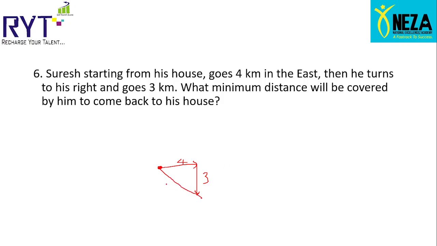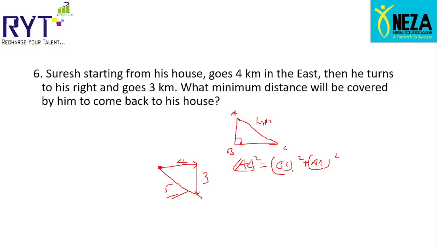We know from Pythagoras theorem, this is going to be 5. How is it? Let me just explain you. If you remember 10th standard, we had Pythagoras theorem. This is 90 degree. This is hypotenuse. This is A, B, C. So square of the hypotenuse, that is AC square, is equal to BC square plus AB square. So it is basically square of the hypotenuse is equal to sum of the squares of the other two